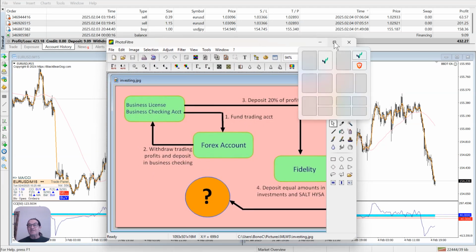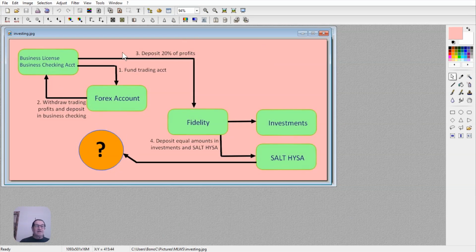So I've made this diagram right here. I'm not a professional graphics designer, but I think it suits the purpose. The bottom line is we create a business for ourselves, which will be our trading/investment business. And we have a business checking account, and from there we fund our forex account. We then start trading, and this becomes like a